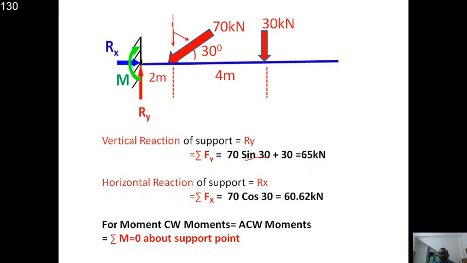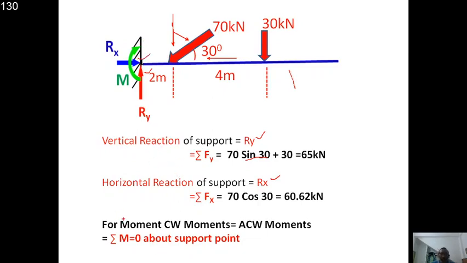And for the horizontal reaction, this acts in the negative x-axis direction. That is 70 cos 30, 60.60 kilonewtons. The same thing has been represented as Rx. So this is Rx, right? And vertical is Ry. The directions are given opposite, you understood that these actions are all downwards. So we give the upward direction for Ry, whereas the horizontal actions are in the negative x direction, so Rx is given the positive x direction.